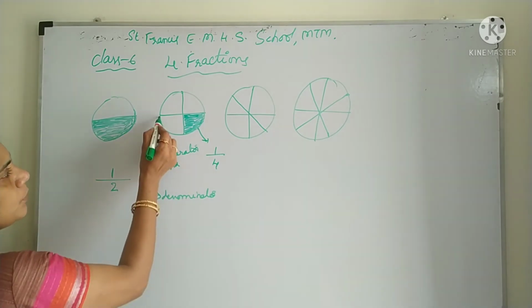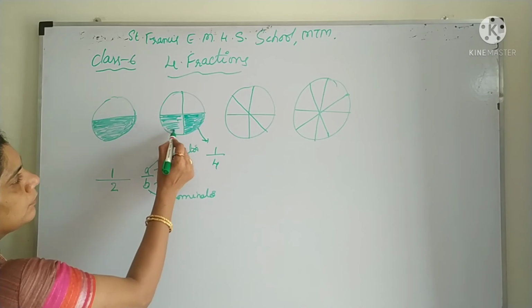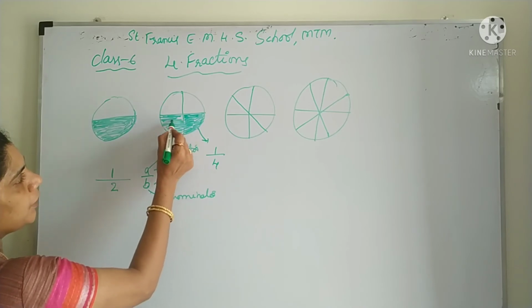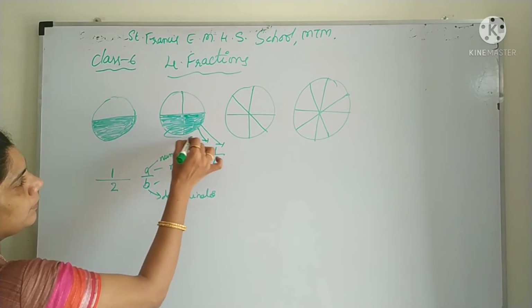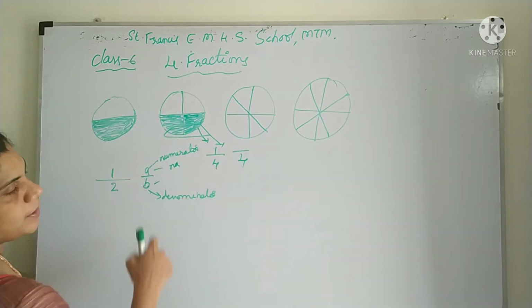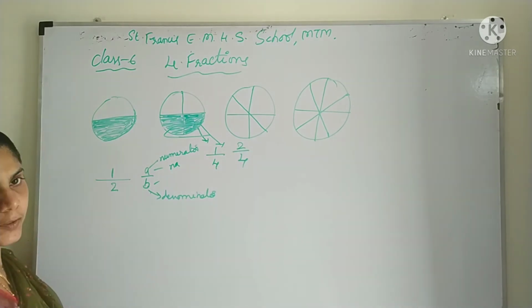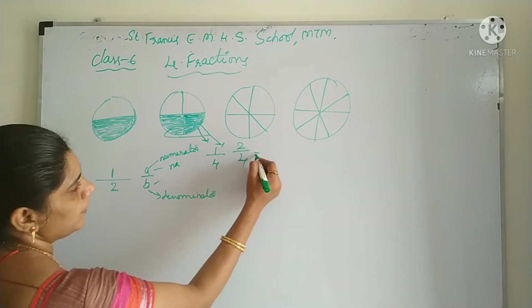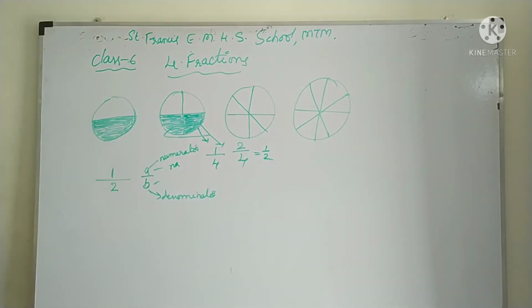Now see, I want to shade this one also. Now in total how many parts are shaded here? 2 parts. Now what is this one? So this is a 4. And how many parts have I shaded here? 2 parts. So this will become 2 by 4. Okay. So you can cancel this one. Again this will be equal to 1 by 2 only. Right? You got it? Yes.